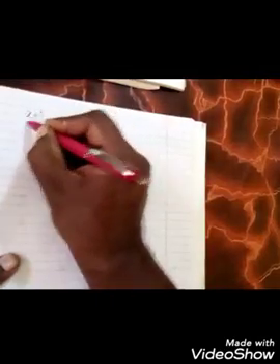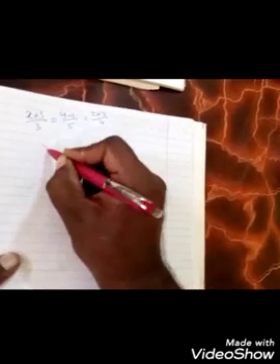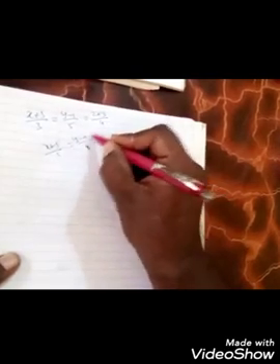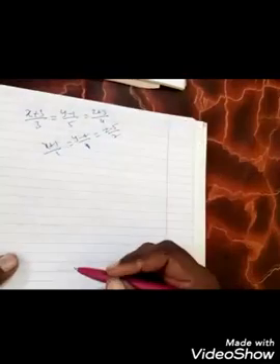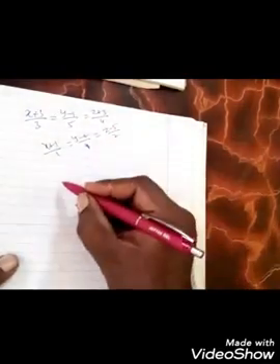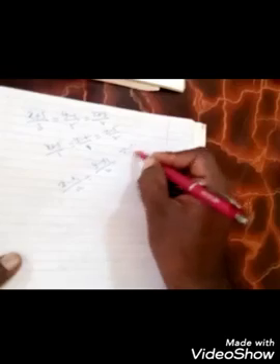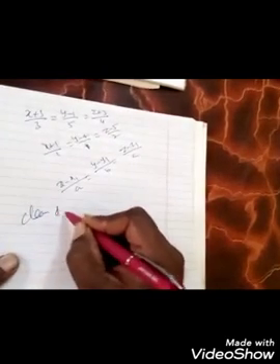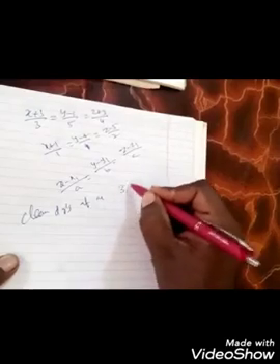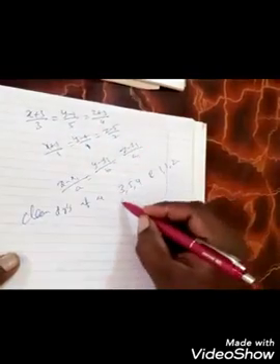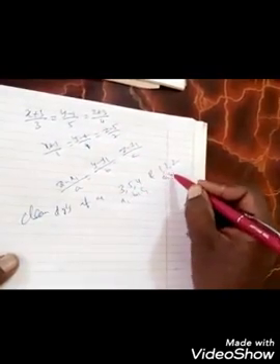Now if we are given the lines like this, x plus 3 by 3 is equal to y minus 1 by 5 is equal to z plus 3 by 4, and x plus 1 by 1 is equal to y minus 1 by 1 is equal to z minus 5 by 2. Two lines are given, find the angle between them. Now what do we have to do? We have to compare with x minus x1 by a is equal to y minus y1 by b is equal to z minus z1 by c. Clearly, the direction ratios of the lines are 3, 5, 4 and 1, 1, 2. This is a1, b1, c1, and this is a2, b2, c2.